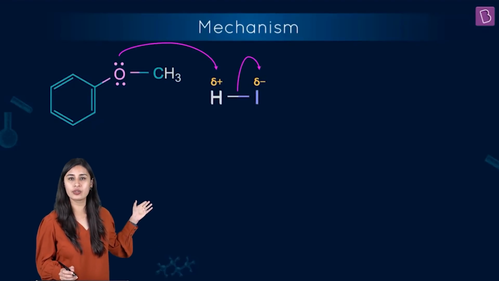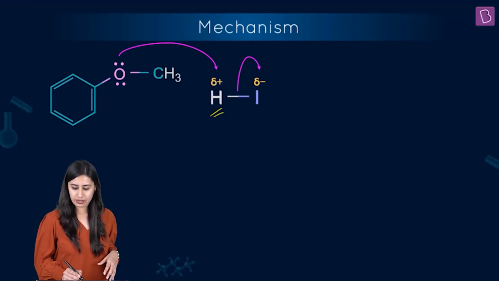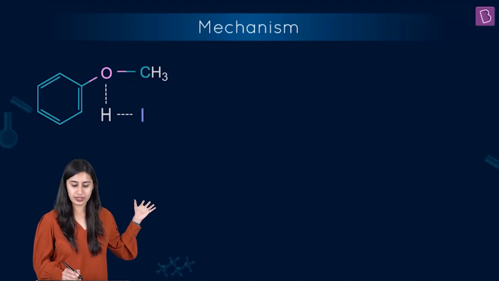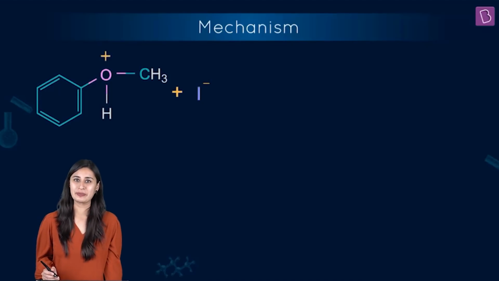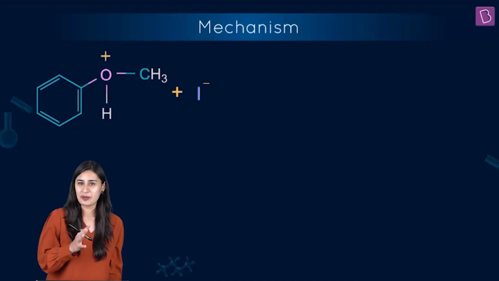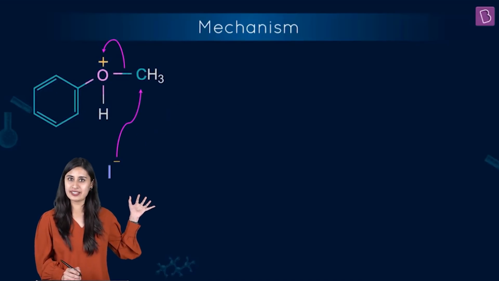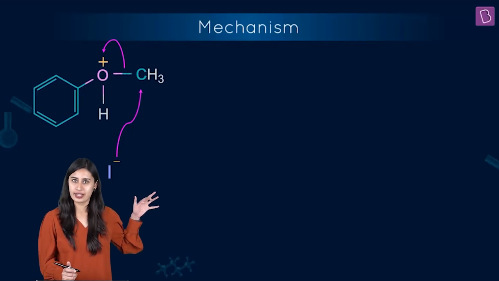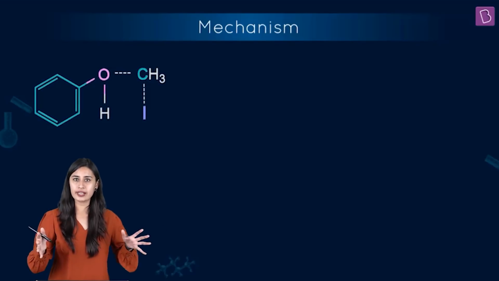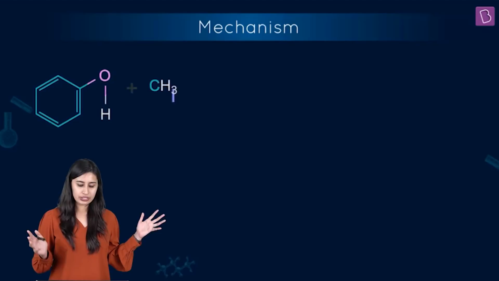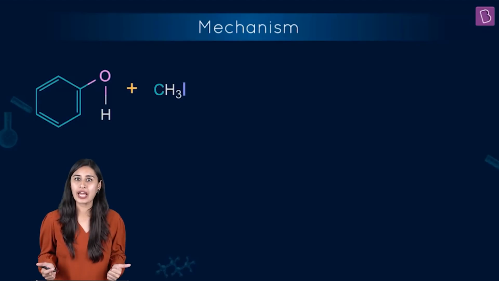So what happens is the lone pair of oxygen can attack this electropositive hydrogen, and the outcome is, look at this, this is what you get: that oxygen attains a plus over it, which is not very stable. And if there is a nucleophile present nearby, you know what is going to follow, isn't it? So I minus, our nucleophile in this case, can react in this way so that bond making and breaking occur simultaneously, and the outcome is what you already know. We get phenol and methyl iodide.